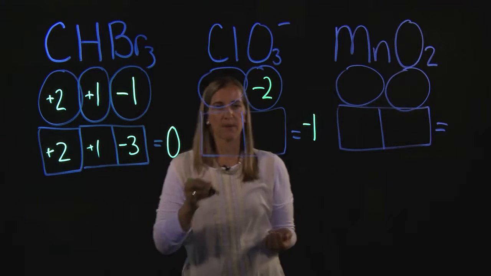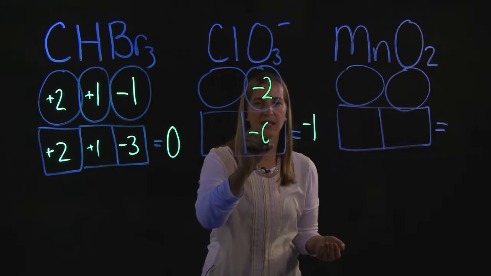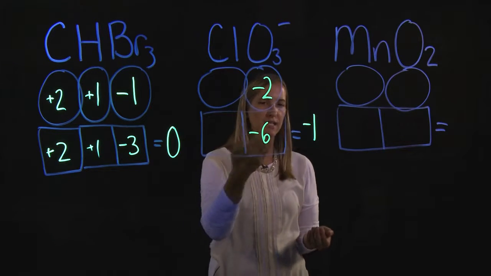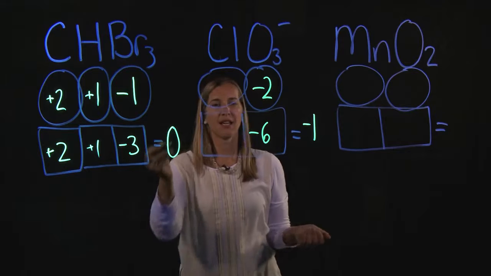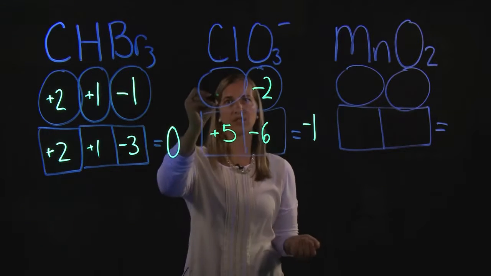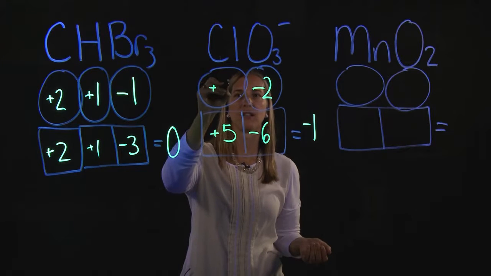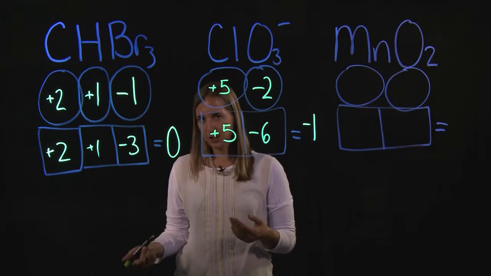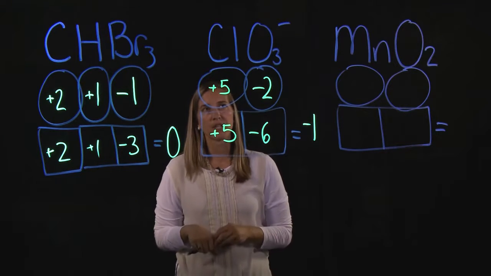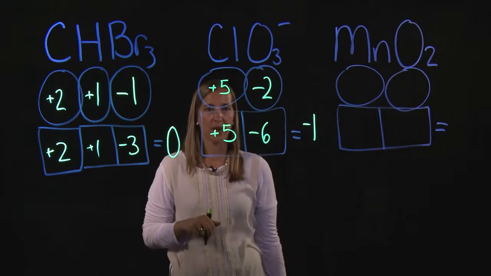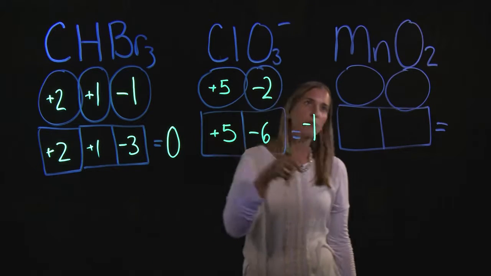And there's 3 of them, so that leads you to -6. So we have to say what -6 equals -1, and you would say +5. So since there's only one chlorine, the oxidation state, or oxidation number, same thing there, for chlorine is +5, and each of the oxygens has an oxidation number or oxidation state of -2. One more example,